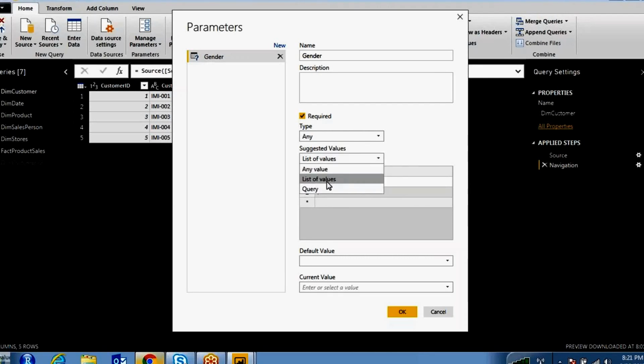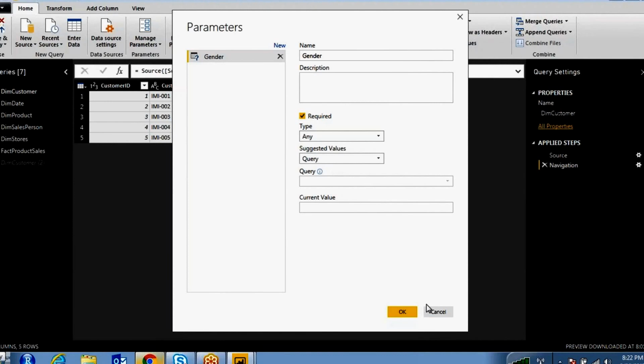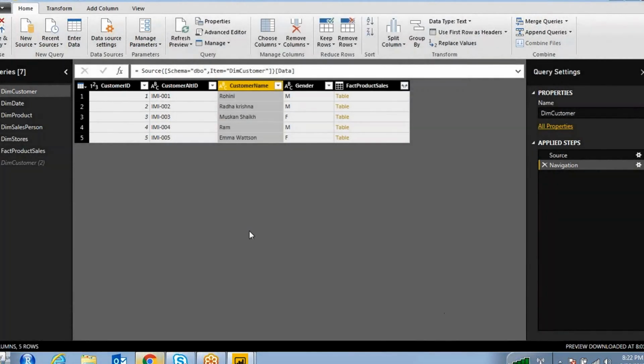Or if you want to take the values from the query. So how do you get the query? These query values you can populate from a list. So the first thing you have to do is create a list. First I'm going to create one list, and then you can use that list of values in the drop down.